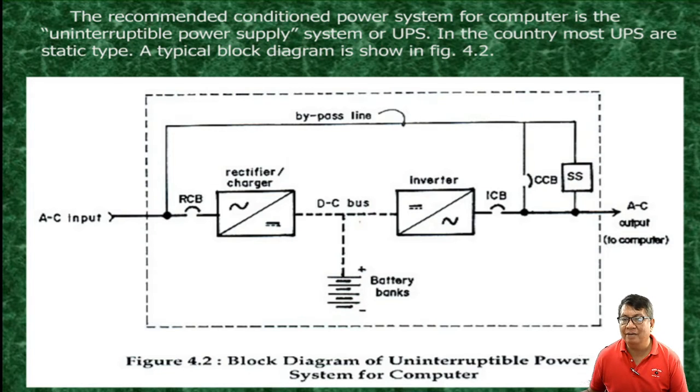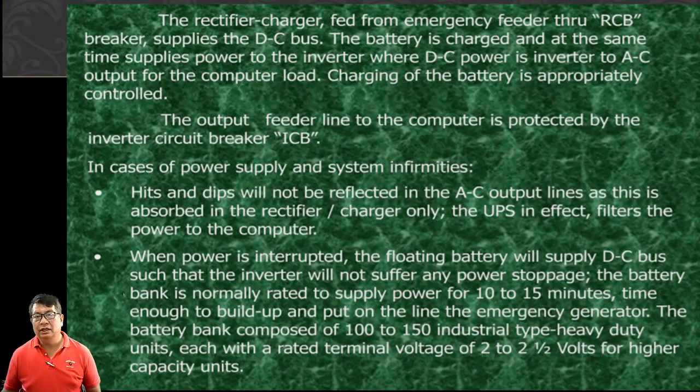So, before that, we have an inverter here that inverts the DC output of the battery to AC, no? We have also the circuit breaker here to protect the whole system. Now, actually, we have this bypass line here. What is this bypass line? That is for normal conditions where we do not need the uninterruptible power supply.